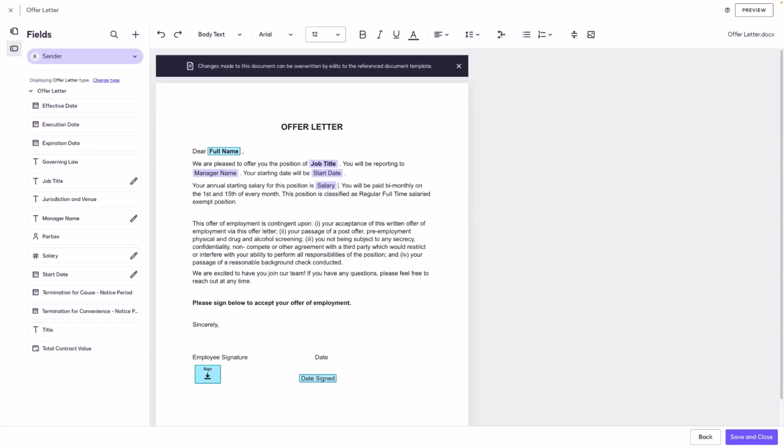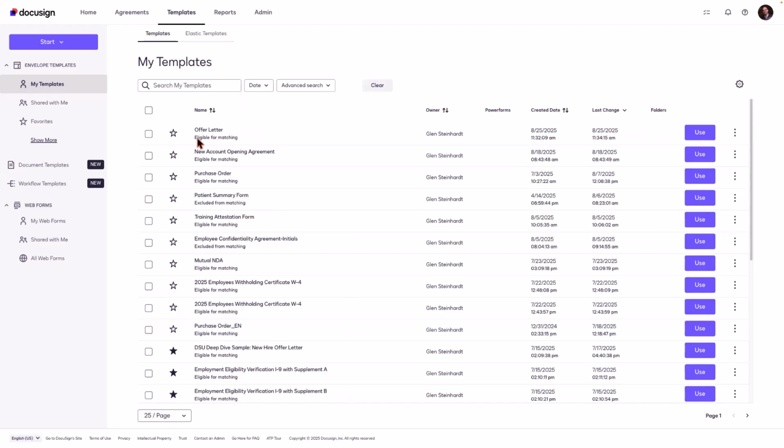Now it's important to note that this will only add this new field on the document for this envelope template. Let me go ahead and click on save and close here. I'll show you what I mean. Once I save this, there we go. Here is my e-signature template. Let's go back to our document template that we were working on before.